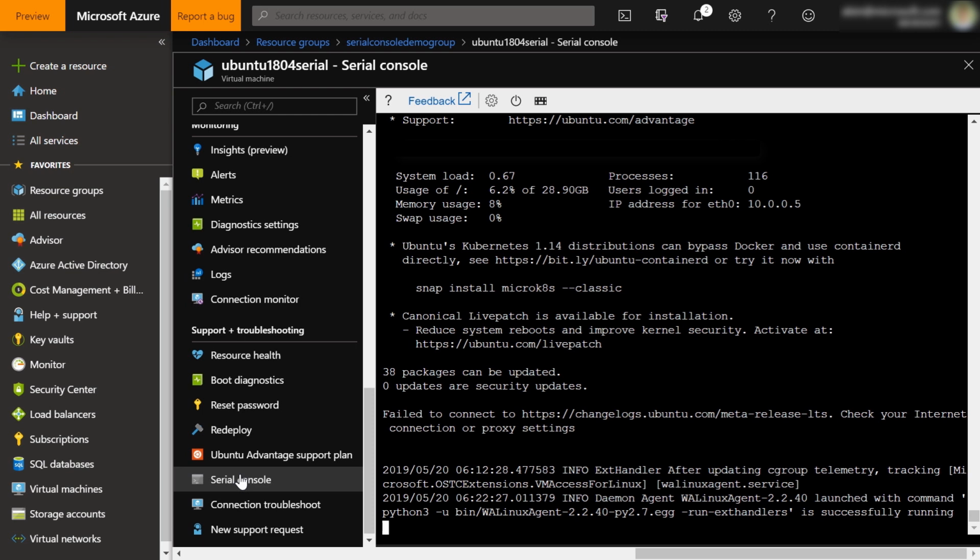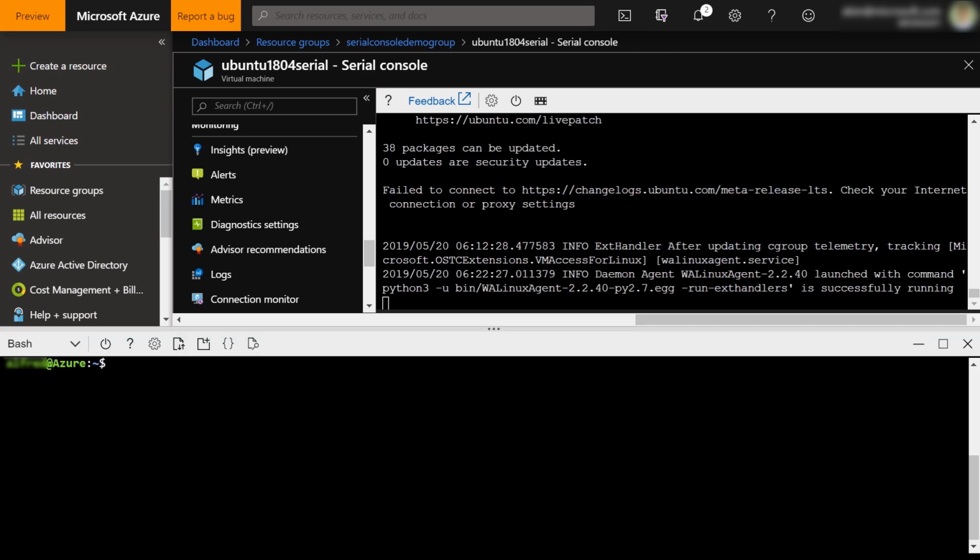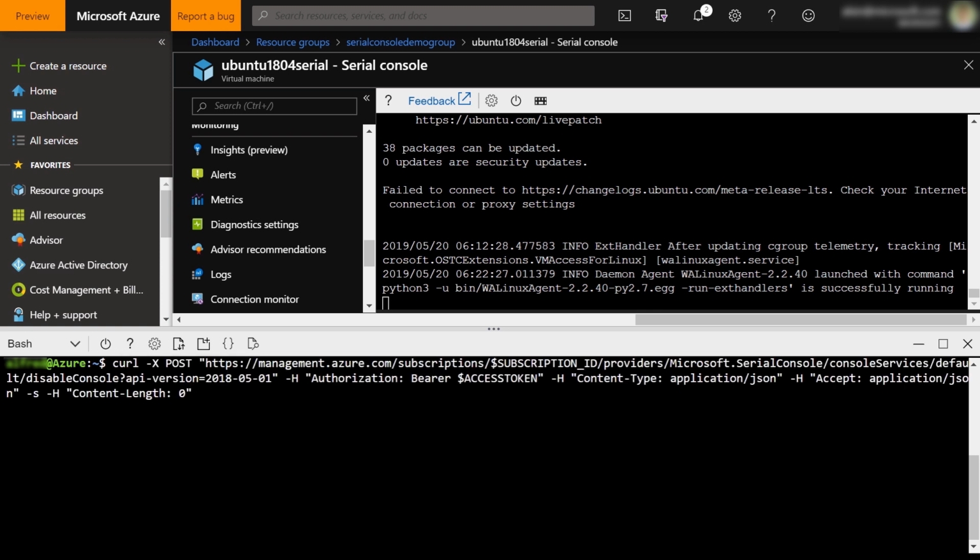But for this demo, we are going to disable Serial Console from Cloud Shell. And I've already loaded as variables our access token and subscription ID, which we need to make this API call. So here we have the actual call we're making using a simple curl command, where in this URL we can see we're calling disable console. Okay, great. And so after making this command, all of our Serial Console is disabled for each VM in the